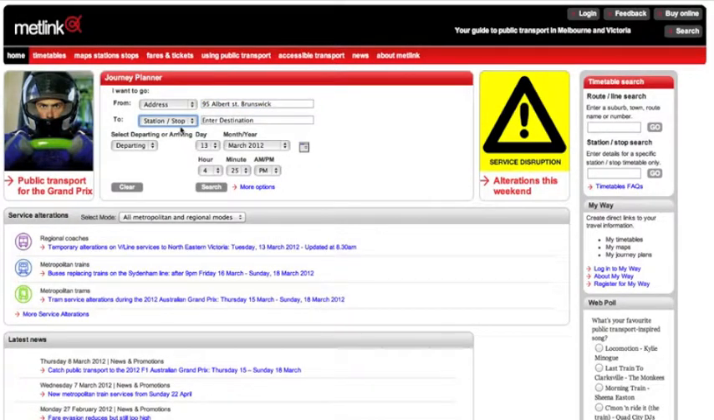And where I'm travelling to, we'll use the address feature again, same as above, and I'll say 1 Queen Street, Melbourne. Now I can tell it the date and I can tell it the hour, so you can be very precise about this. So for illustration, the 13th of March 2012 at 4:25 p.m. will do nicely. So if I press search,